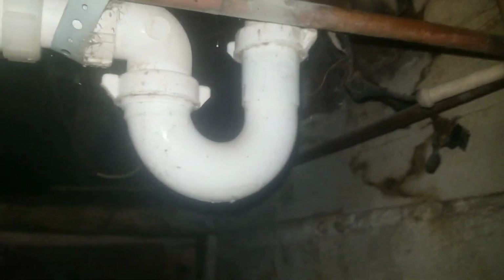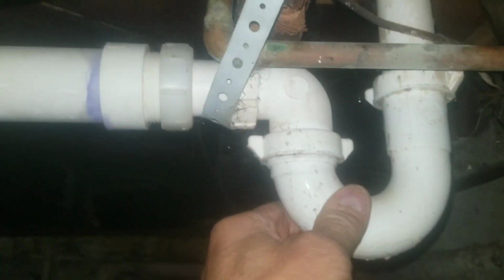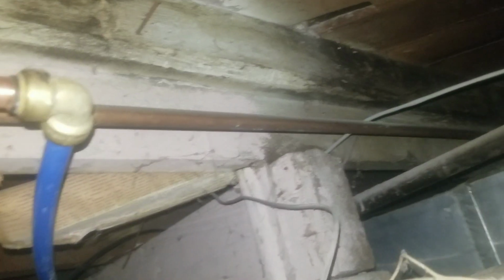Oh, this has all been abandoned. But anyway, regardless, I'll button all that up and probably make a dump run, get rid of some of this stuff. So anyway, the plumbing looks okay as far as the drain. But all this copper's got to be replaced. I've got some extra PEX up at Daily, so I would probably take and